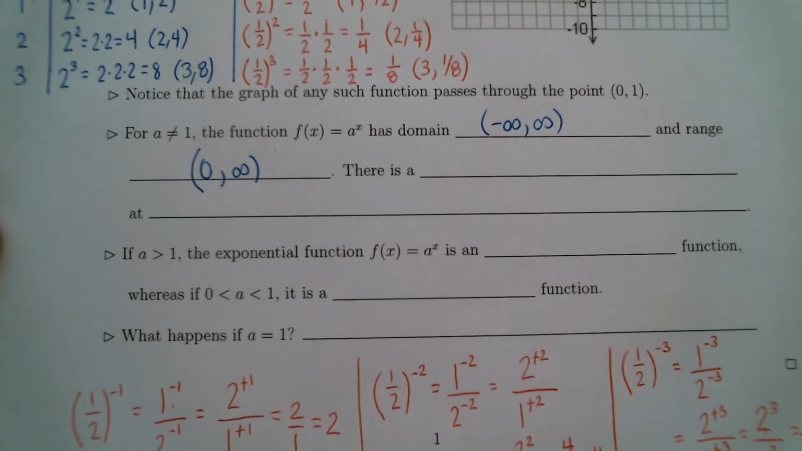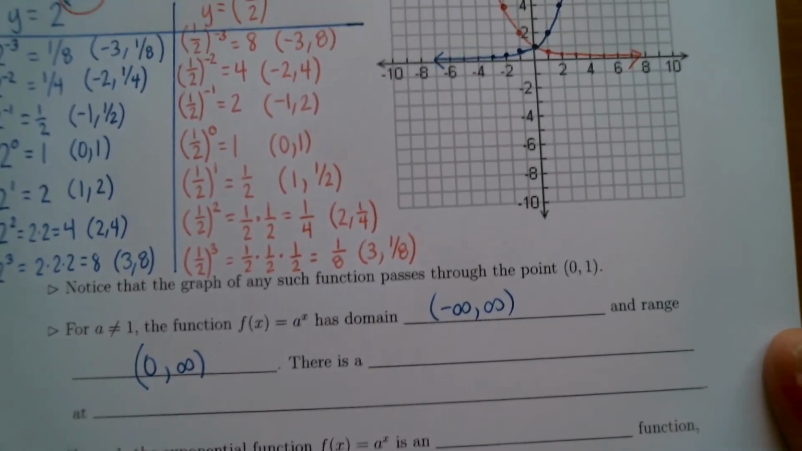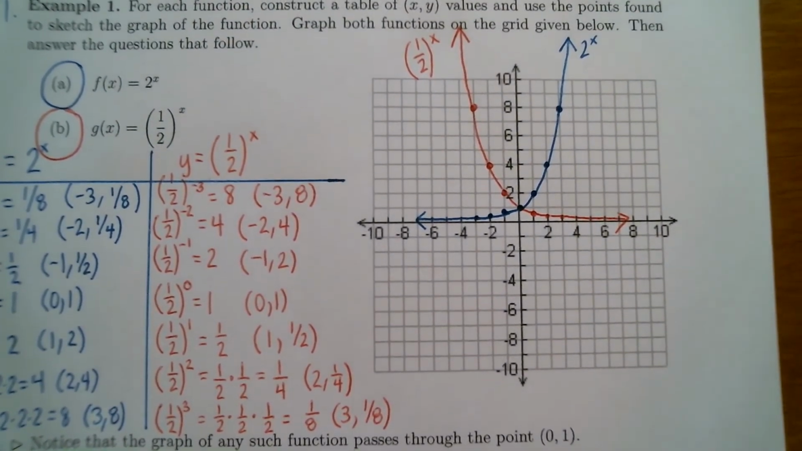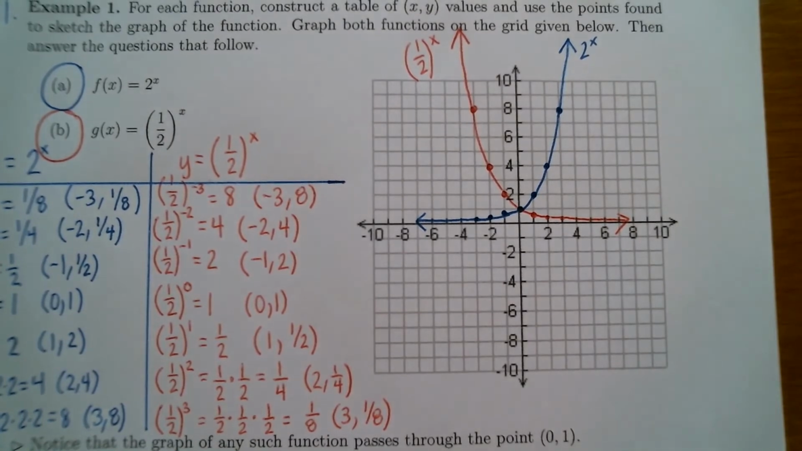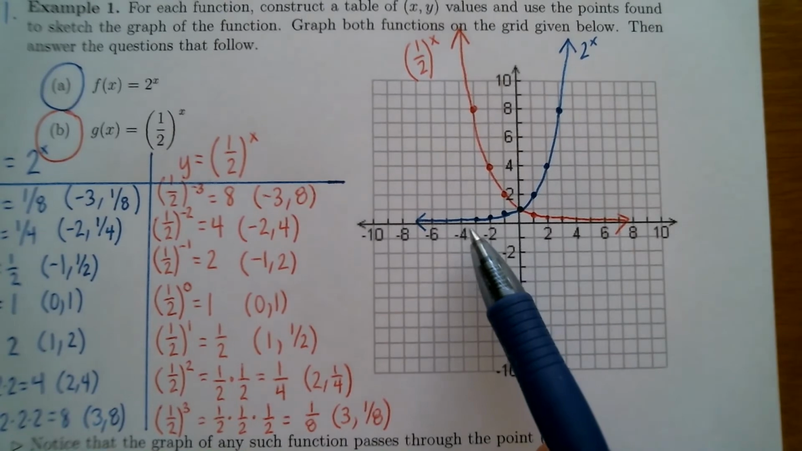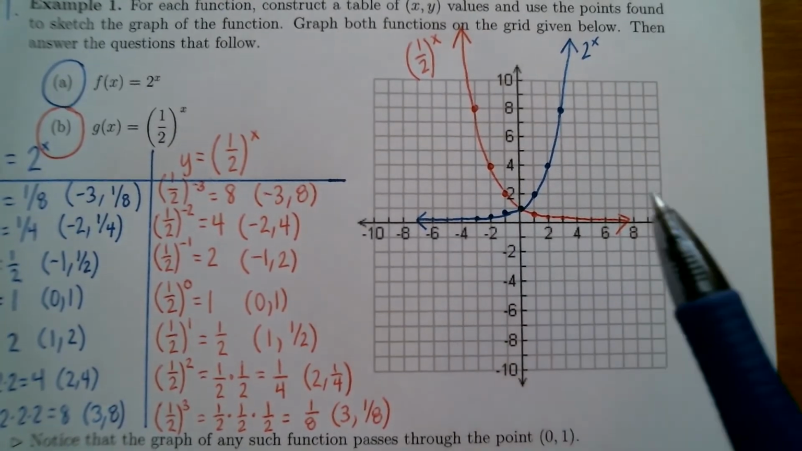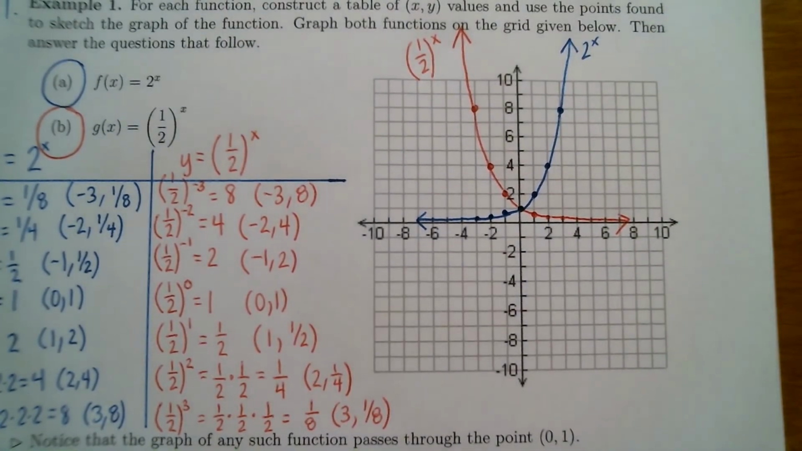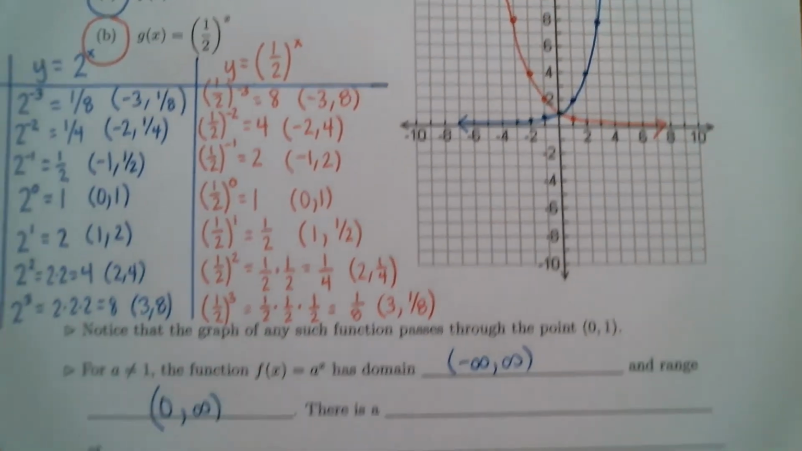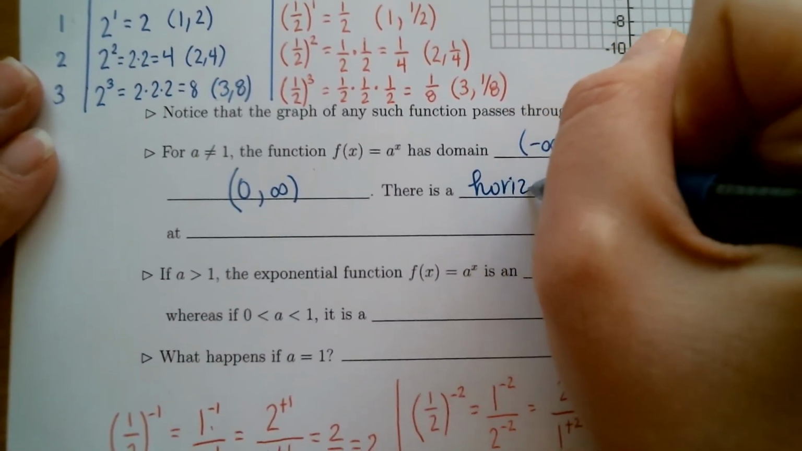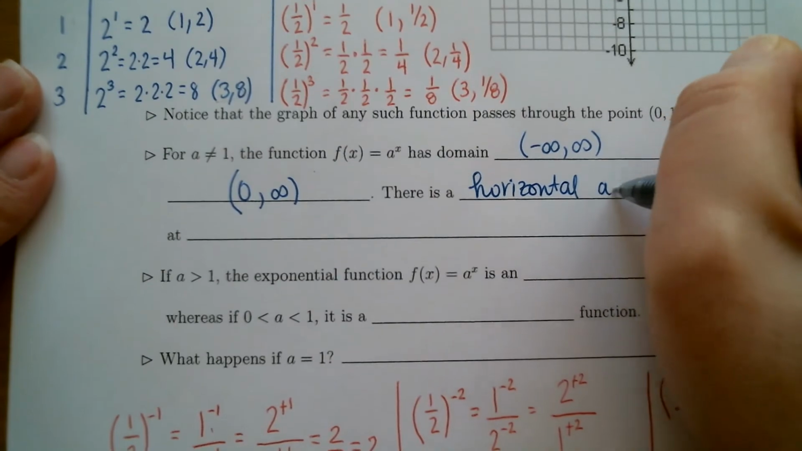All right, another feature. There is a blank at blank. I know that's not making a lot of sense of what goes there. So what goes there, if you look at both of these graphs, whether it's the base bigger than 1 or the fractional base here, is that they both have a horizontal asymptote at the x-axis. The x-axis for both of these is a line that the graph is getting closer and closer to, but never touching or crossing. So I'm going to write that in. For both of these graphs, there is a horizontal asymptote